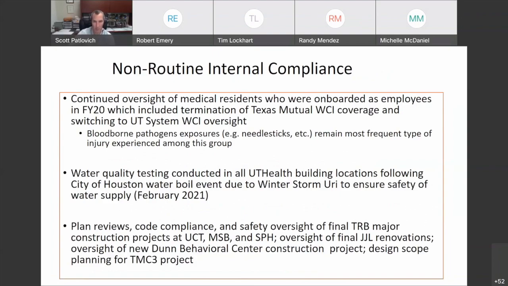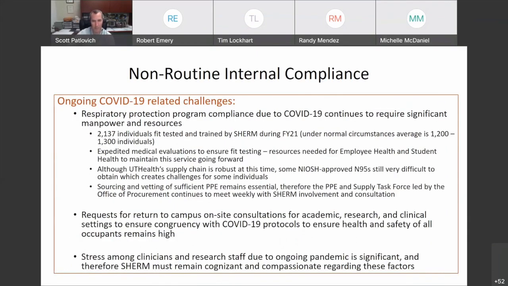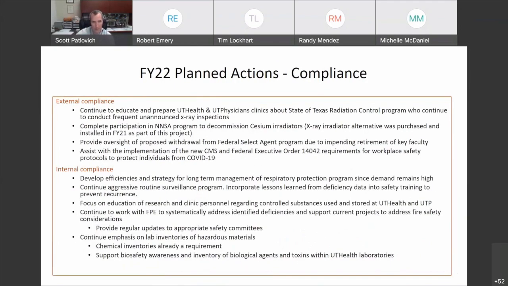In terms of internal compliance going forward, we know that there were some unique things that occurred on our campus throughout the course of the last fiscal year, and that we also have forthcoming major construction, new building, and also renovations going on. So we need to be prepared for that. Talking forward also about the COVID-related challenges, we highlight some of those things so that all of our stakeholders understand how we're mitigating those, and going forward, how we're going to address compliance from the standpoint of the next fiscal year.